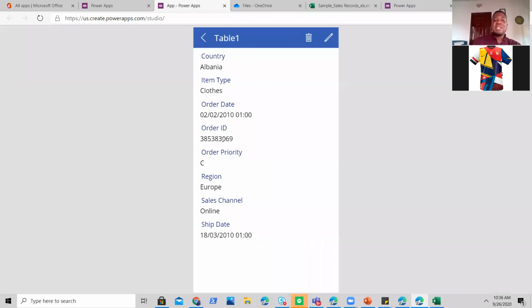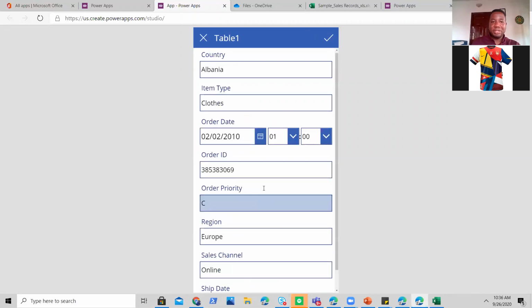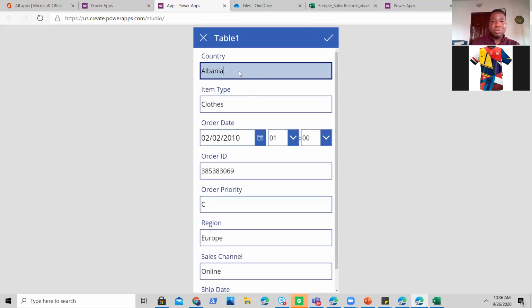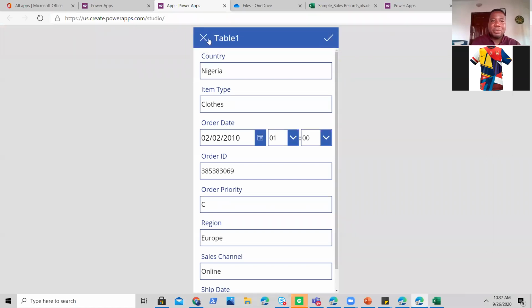So what if I want to edit this information? What will happen? Power Apps has intuitively given me this particular item, which I click on, and then I can fill in my information here. What if I don't want Albania, and what if I want to change this to Nigeria, for example? And I click. Okay, so the information is locked. I have to look at that later. But anyway,